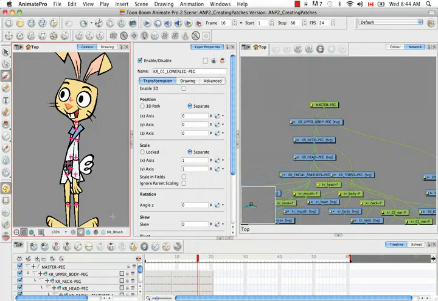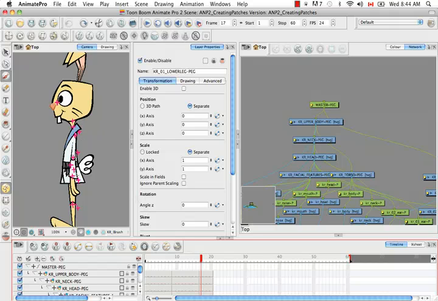So I wasn't going to show you how to do the profile view because after watching me do the entire three-quarter view, I'm sure you get the picture. However, I realized that the profile view is subtly different from the other two views in that the two arms and two legs are usually one on top of the other. So you might be asking yourself, well, I can't put two X's over each other because then when I try to grab one, I might accidentally end up grabbing both. So as a compromise, what I ended up doing